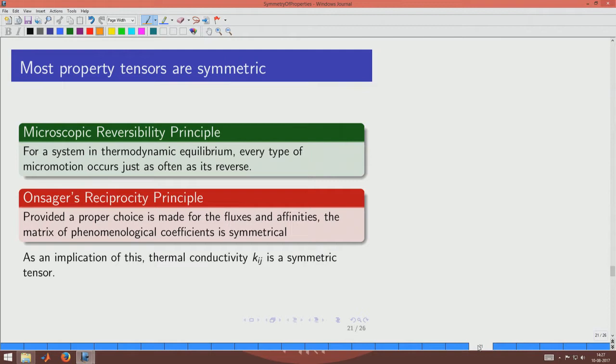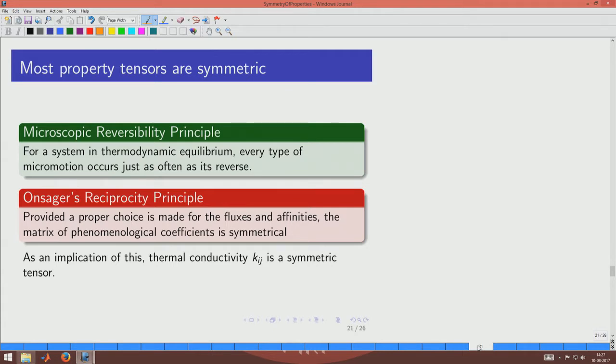Most of the property tensors are also symmetric, and there is a reason for that. We will start with the symmetric tensor and apply the symmetry principles, but why is it symmetric? So, here is the reason. There is a principle that comes from Onsager, for which he won the Nobel Prize. It is called the microscopic reversibility principle, which says that for a system in thermodynamic equilibrium, every type of micromotion